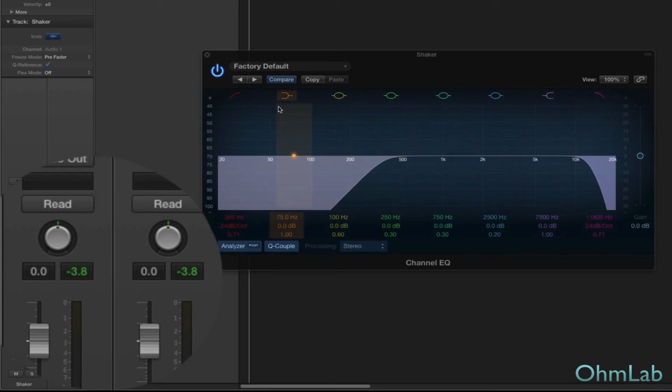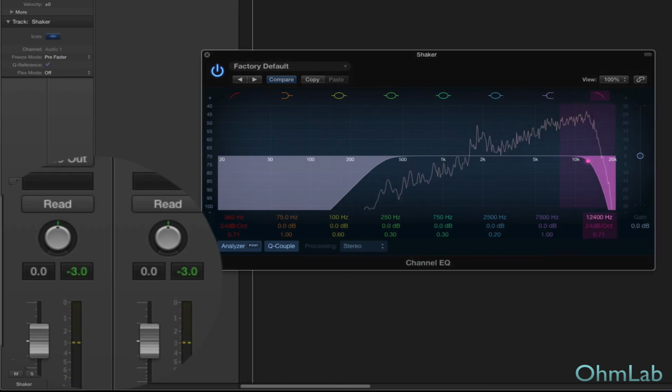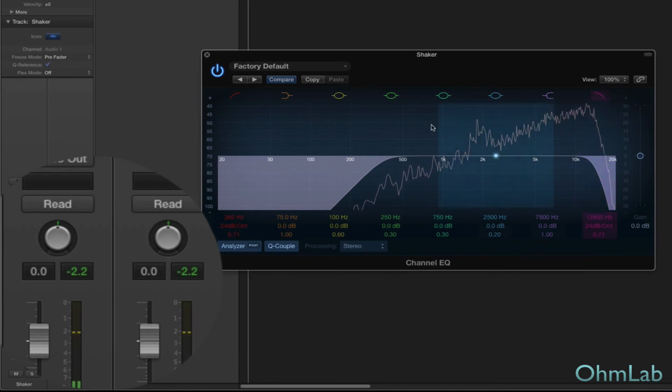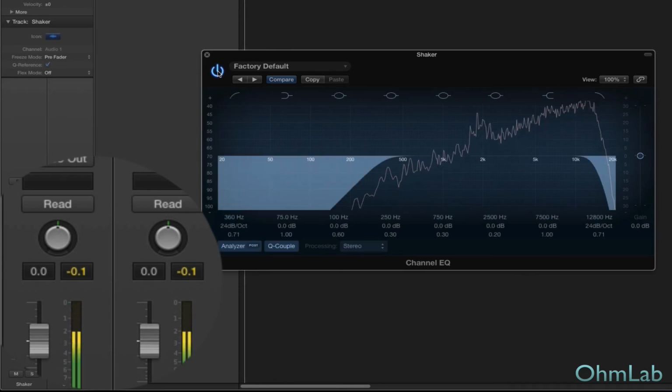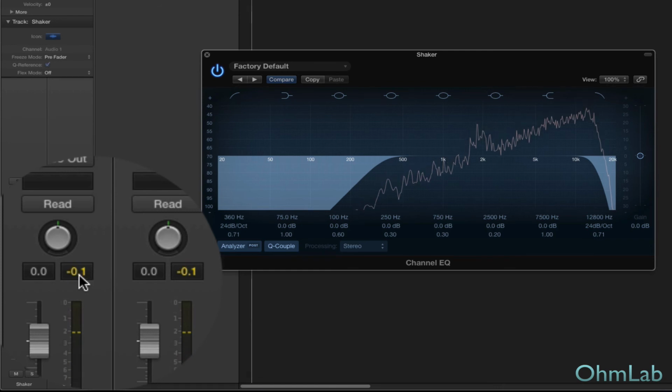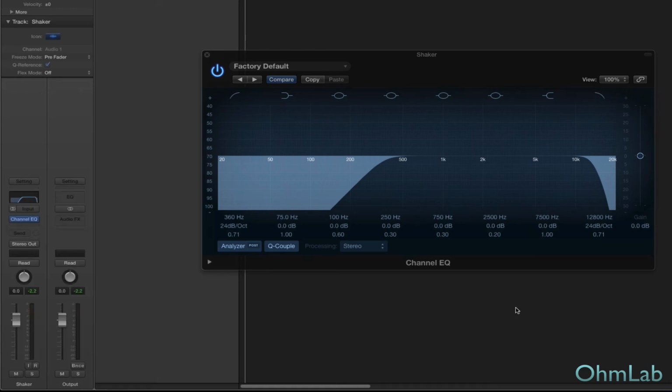Again, slightly noticeable difference. If we want to roll that up, we can do that. Okay, that sounds pretty good. Let's do an A-B comparison before and after. Okay, and that sounds almost identical, and we have saved over 2 decibels of headroom space. So even if you aren't willing to sacrifice just a little bit of sound, or sound quality, or character, or presence, or whatever we're going to classify these things as, you're still saving a bunch of